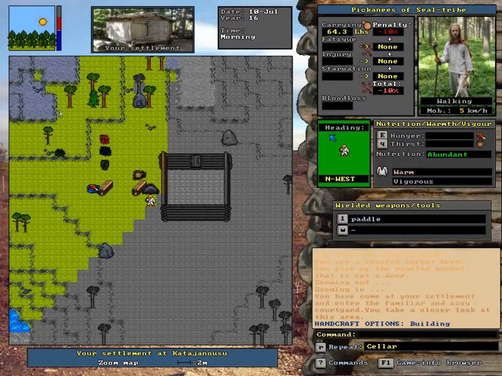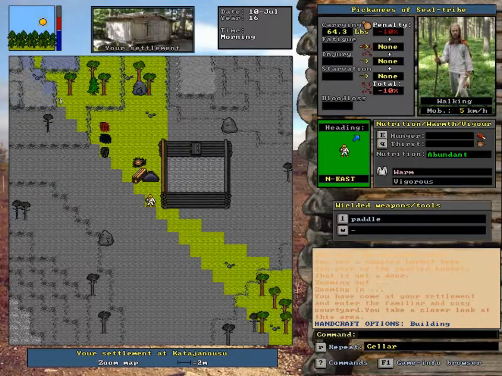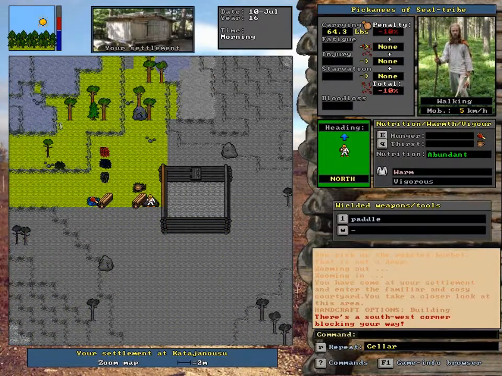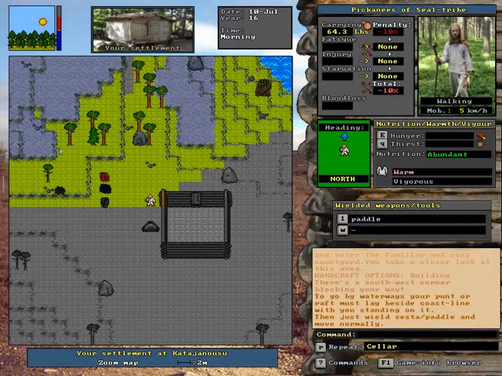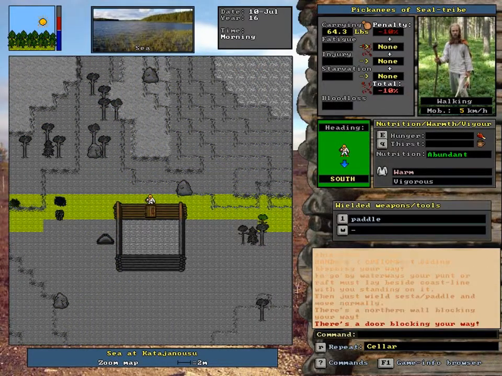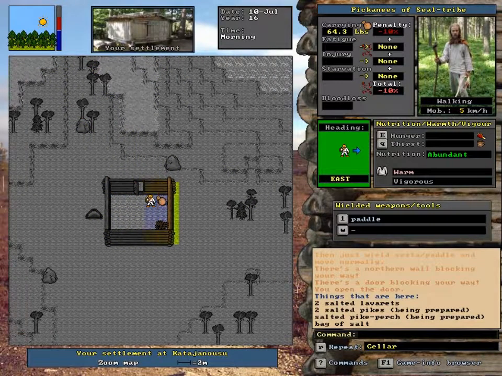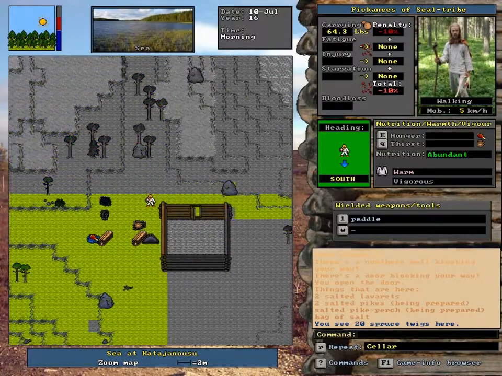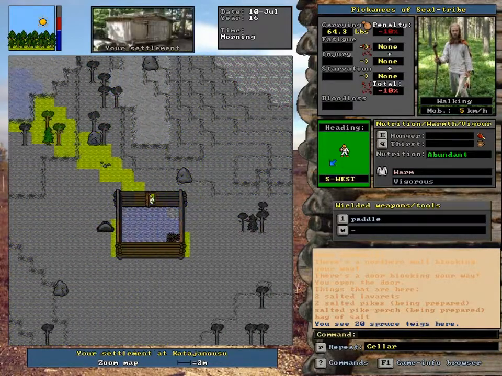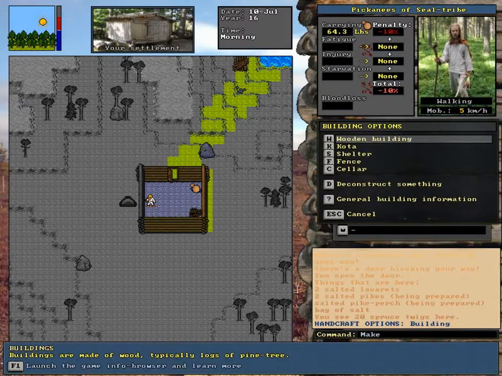Am I supposed to build more than just a single tile of cellar, or is it supposed to be an extensive underground labyrinth? So yeah, I don't know any of that, but I guess we can just keep on trucking. Now I need to figure out what else to do. Maybe the next thing is to build some nice, good old-fashioned stuff for